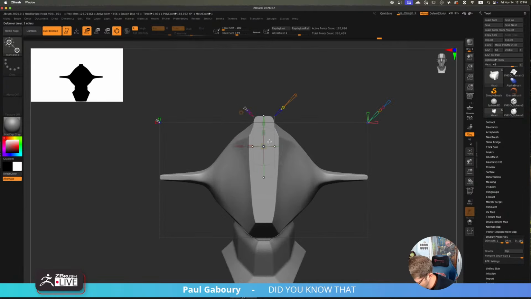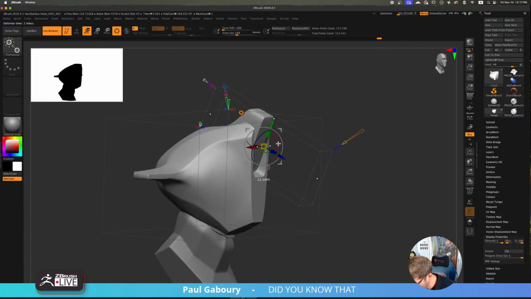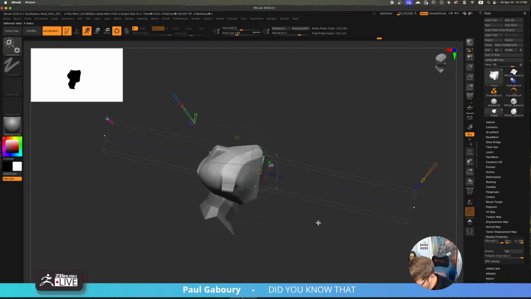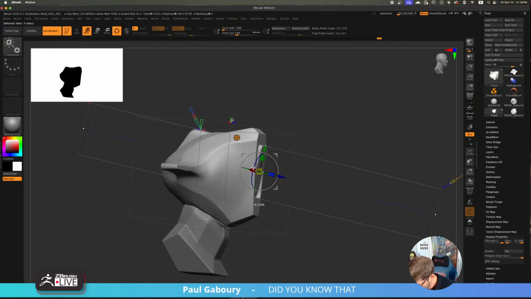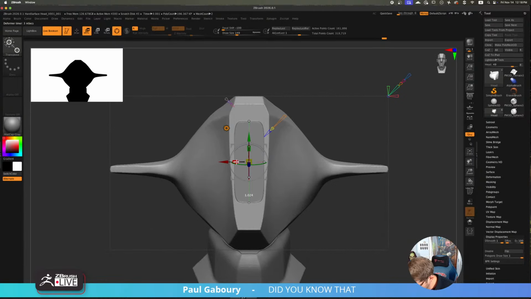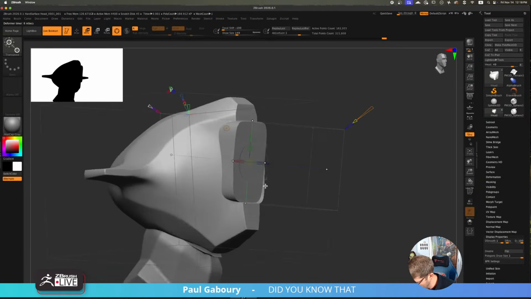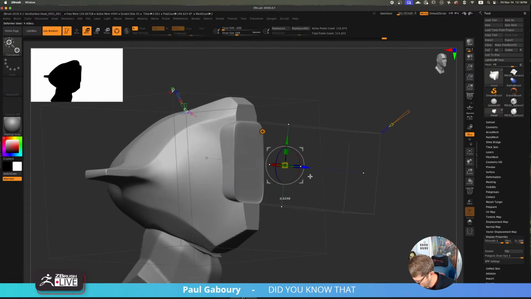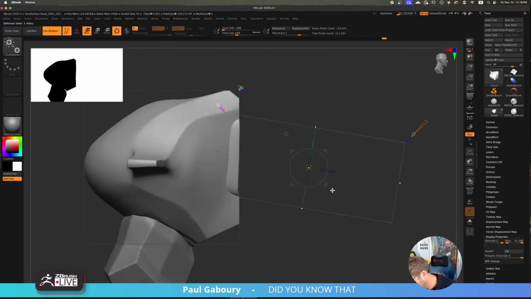I am struggling with the front of the head. I kind of don't like what I'm doing. See if project primitive will just make something pop out for me.